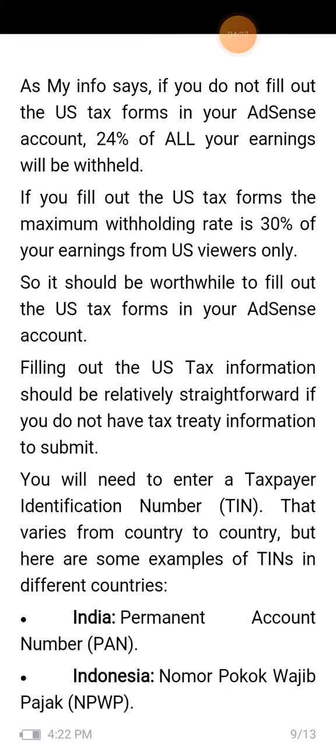Filling out the US tax information should be relatively straightforward. If you do not have a US tax ID to submit, you will need to enter a taxpayer identification number (TIN) that varies from country to country.